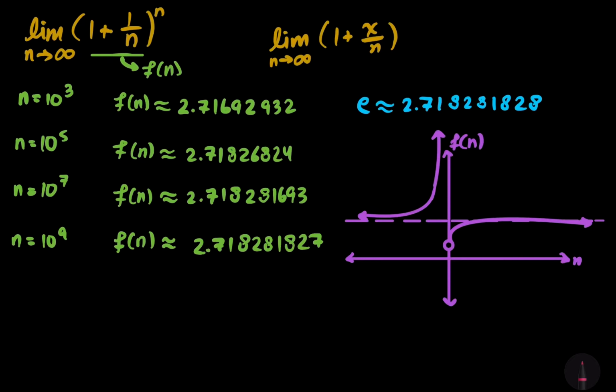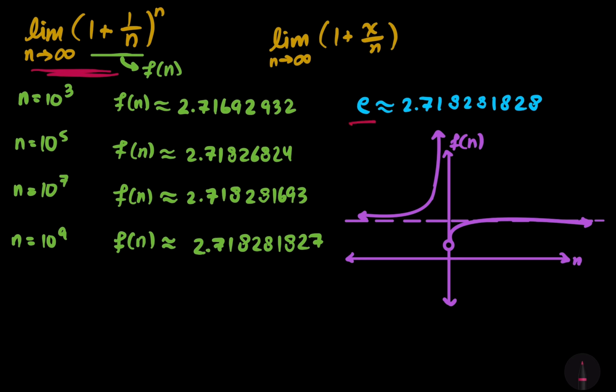So for today, I wanted to introduce two very important limits. What we're going to try to do is approximate these limits, because it's quite difficult to take the limit using direct substitution, as you'll come to find. We're going to see how this limit in particular, the limit as n approaches infinity of (1 + 1/n) to the nth power, will eventually converge to a very special number, which is